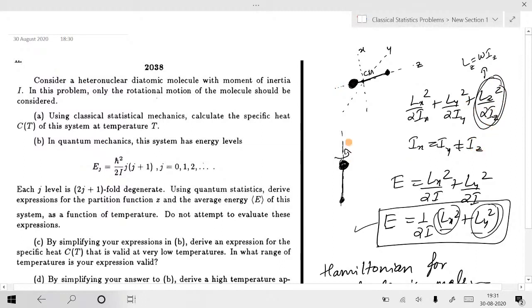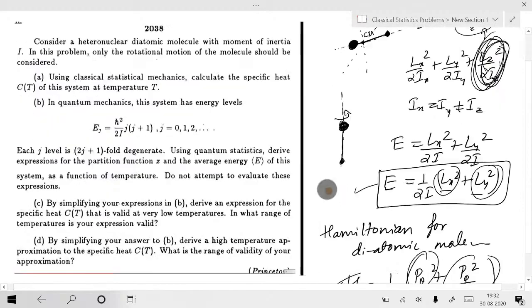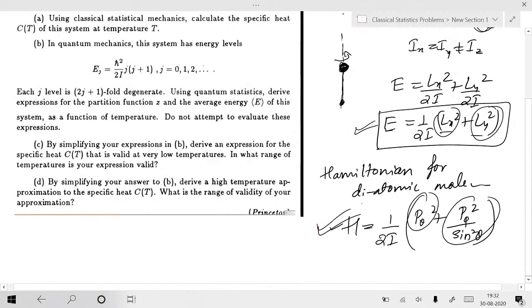Moment of inertia about this axis is nearly equal to 0 because there is no distribution of mass about the axis. So when masses are along the axis of rotation, there will be no moment of inertia. Iz is very small actually, but don't think that this expression is going to be infinity because the denominator is 0. You can take Lz is equal to omega into Iz. When you substitute, Iz is going to be in the numerator, so I can write this expression as 0.